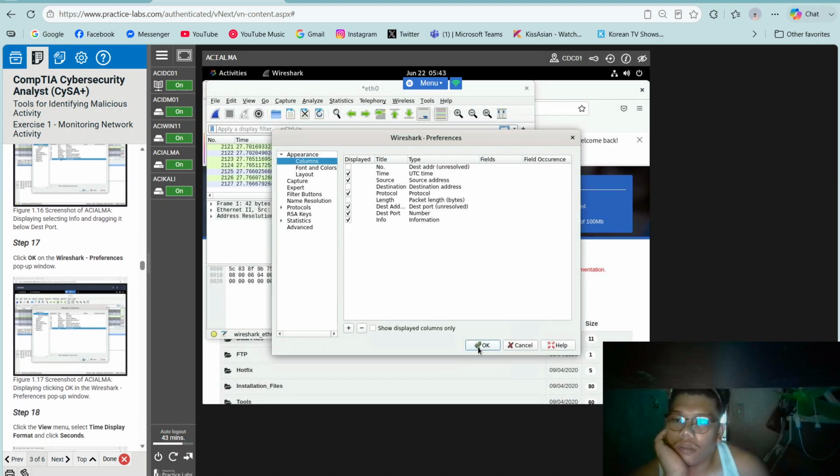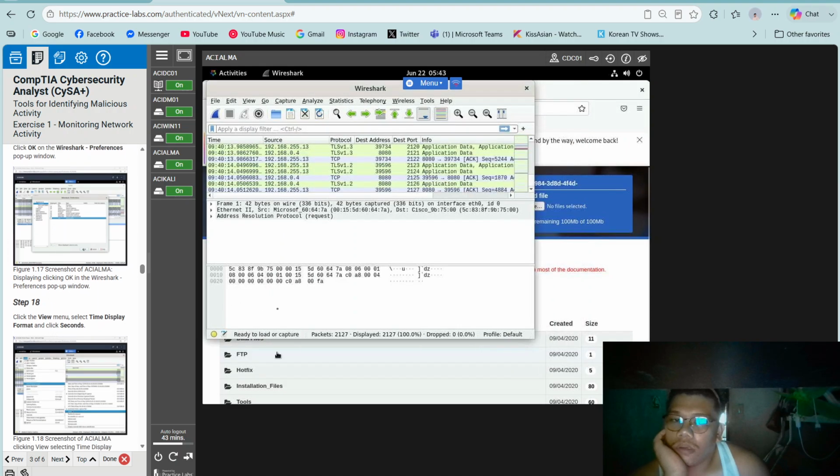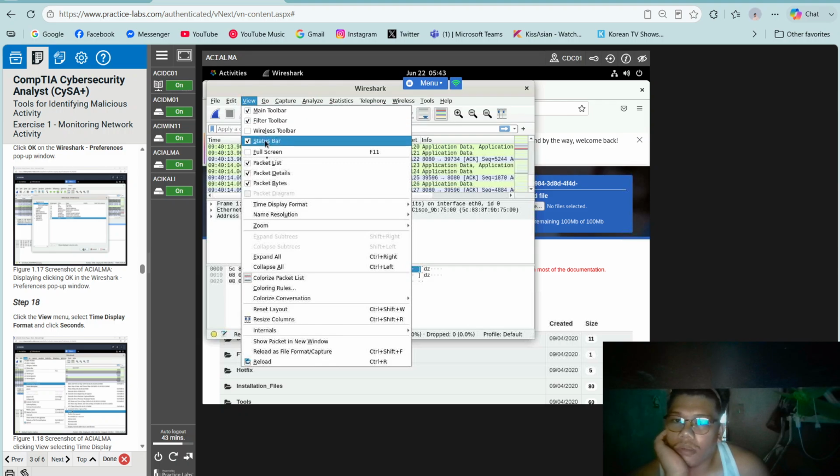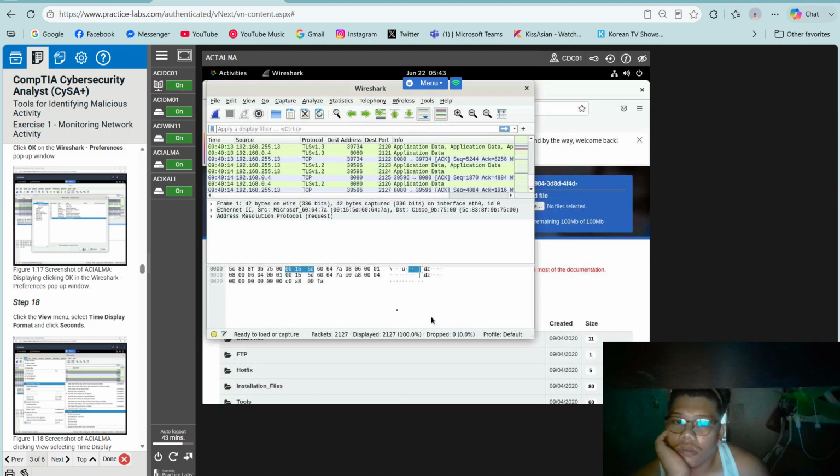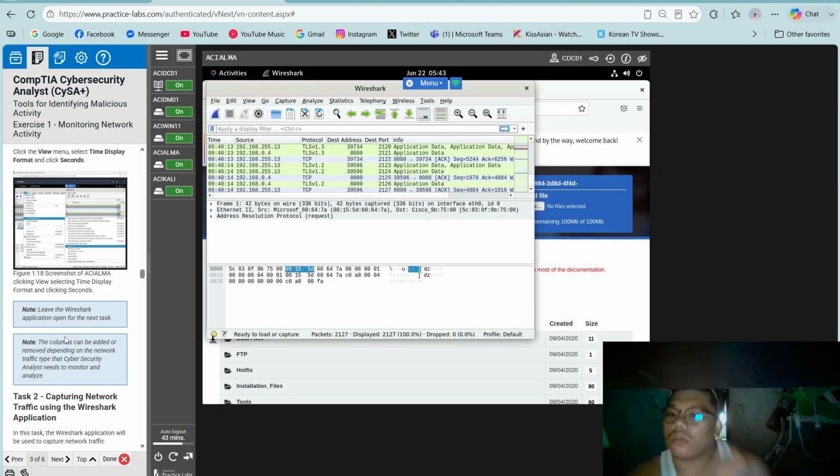Click OK. Click View, Time Display Format, and then Seconds. Note, leave the Wireshark application open for the next task.